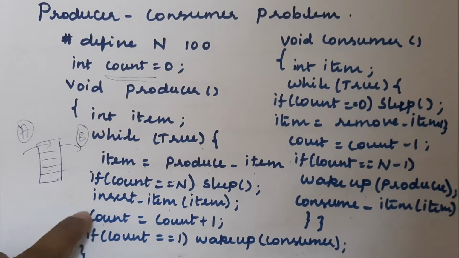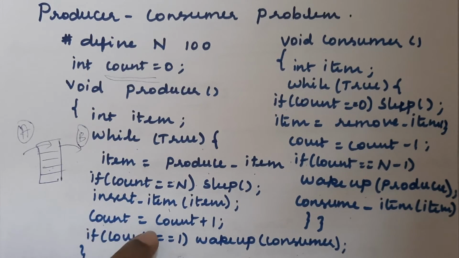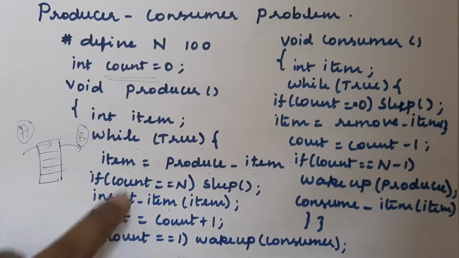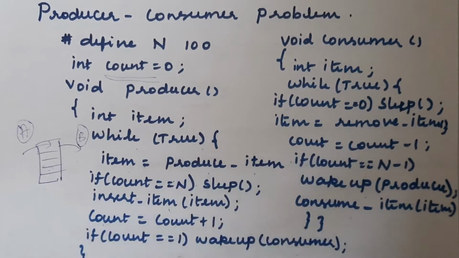But before doing this change operation, which means before incrementing the count variable, the scheduler stops executing the producer and again executes the consumer process. Can you understand? Before incrementing the value of count, the scheduler has switched to the next process, that is the consumer. Now the consumer again checks the value of count. It is not yet changed because the producer has not changed it, it is still 0. So it cannot wake up, it is still in sleep mode.